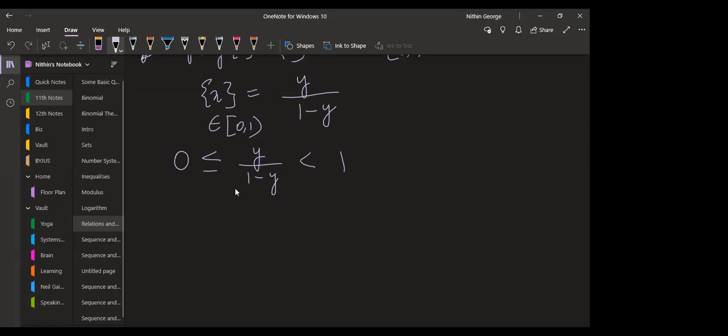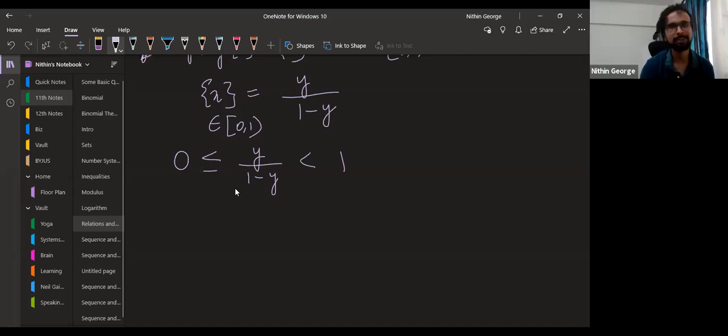Just cross multiply. Sorry, cross multiplier. It's working because the final answer is positive. But cross multiply is not a good step here, okay? The thing is, you don't know whether 1 minus y is negative or positive. If it's negative, the sign will change. If it's positive, the sign won't change. There will be two cases there. Okay, don't do that yet.